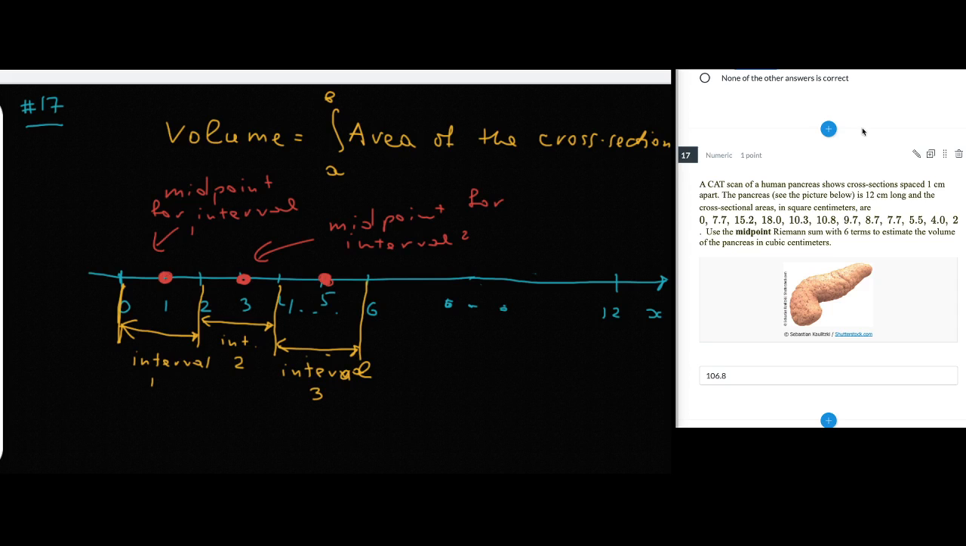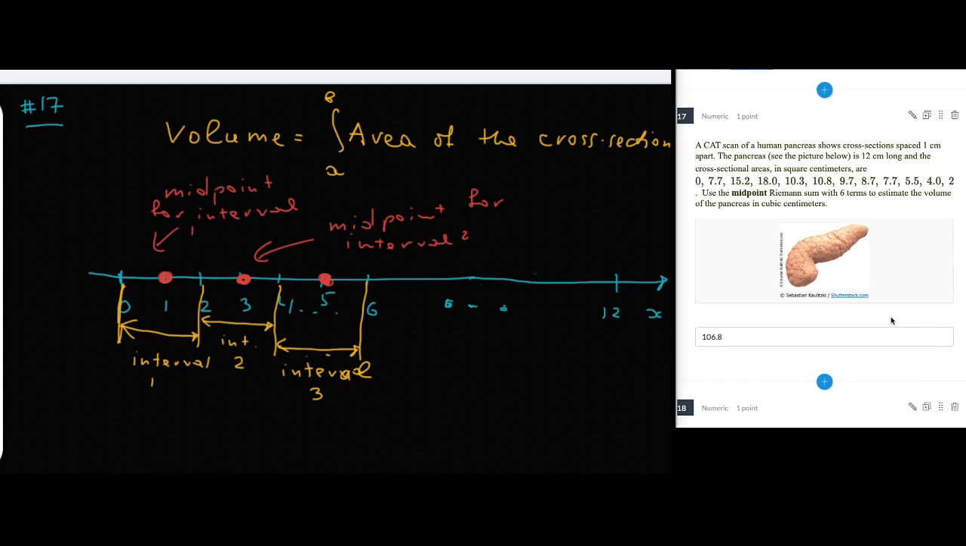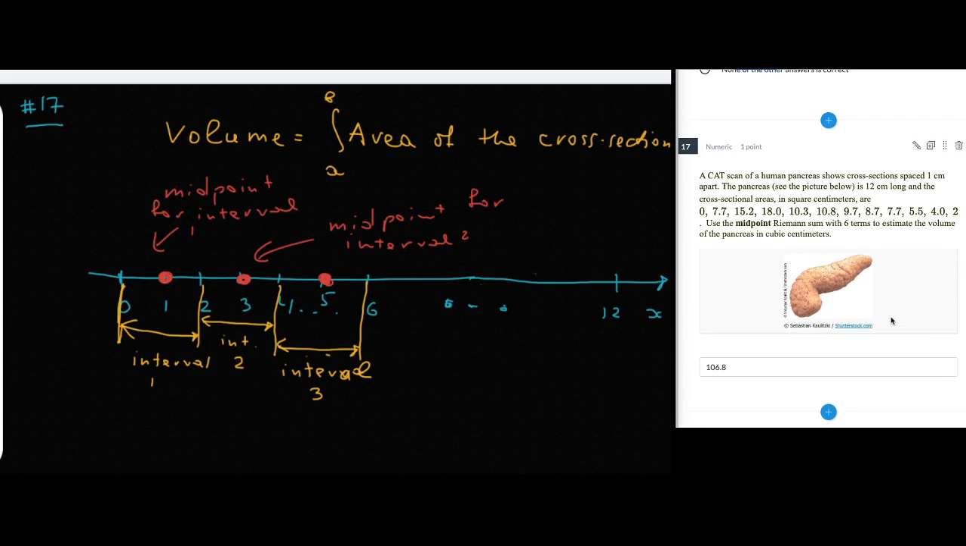And so these cross-sections measure 0, 7.7, 15.2, 18.0, etc. square centimeters. We are asked to use the midpoint Riemann sum with 6 terms to estimate the volume of the pancreas in cubic centimeters. So the basic principle that we will be using in this problem is that to calculate the volume